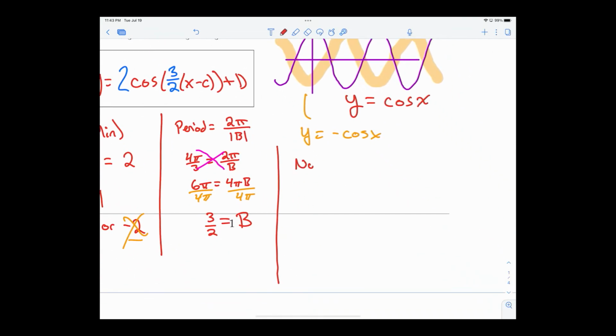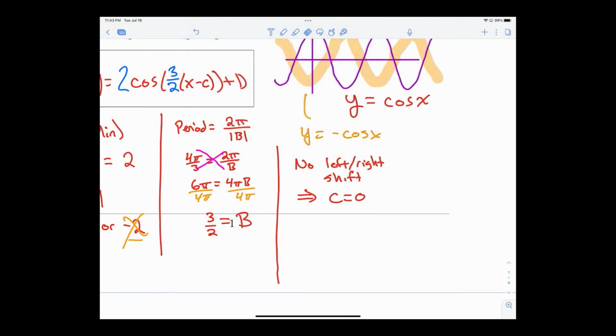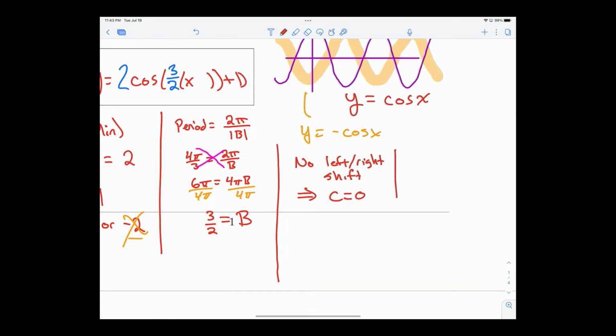So no left, right shift means just c is 0. We don't have to worry about it. So we can just erase it. Okay, c is done. Then finally, for the d,